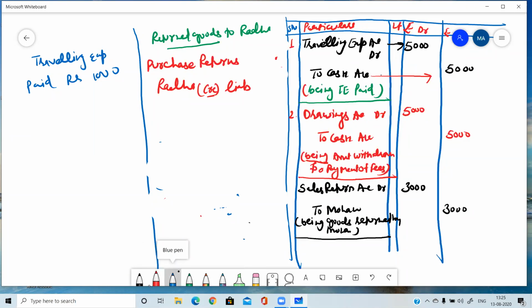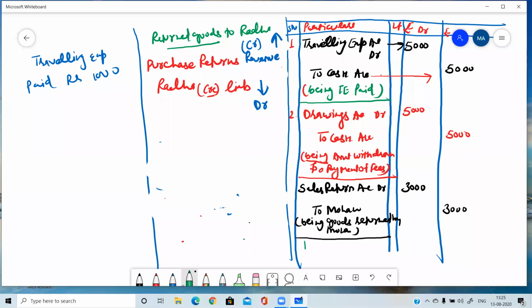And if we are doing the purchase return, it means its nature will be revenue. So liability is decreasing and revenue is increasing. This analysis you have to do before making any entry. Whenever liability decreases, do we debit or credit it? Yes, it is debited. If Radha is debited, then purchase return will be credited. And the journal entry will be there.